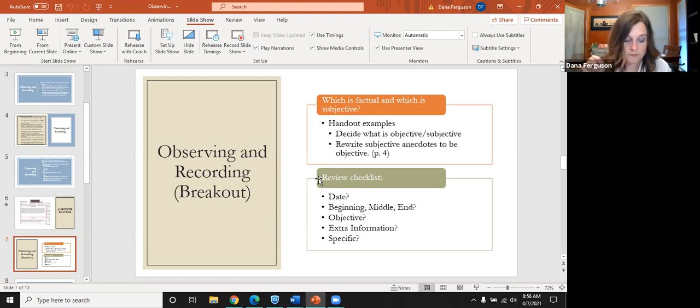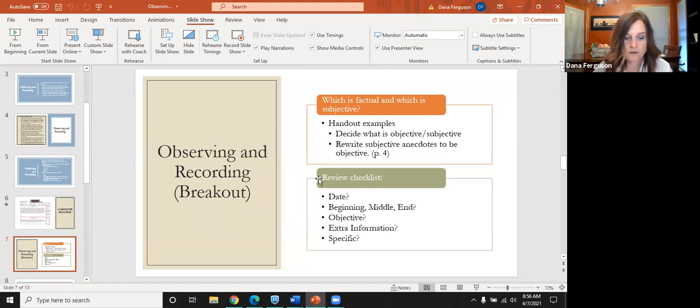Okay, here's number 2. Mary is playing with Jane. They are not playing well together because Jane keeps pestering Mary. They play only a short time before Mary goes to play alone. She does not like to play with Jane. So that one's pretty obvious. The first one is the objective one. The second one has a lot of judgments, that they're not playing well together, that Jane's pestering Mary, and she makes the assumption that Mary doesn't like to play with Jane. So again, we have to be really careful to take our opinion, our feelings, our thoughts out of anecdotal notes